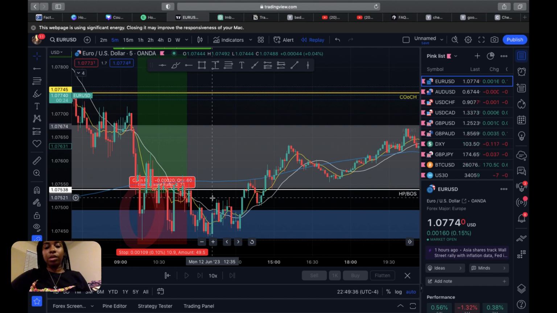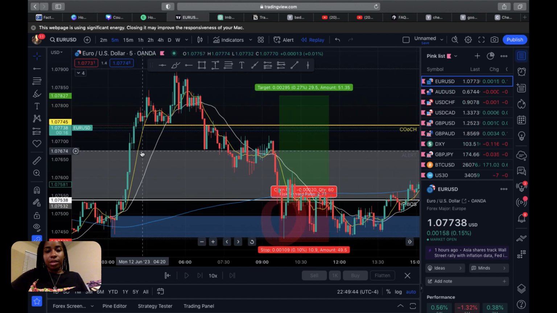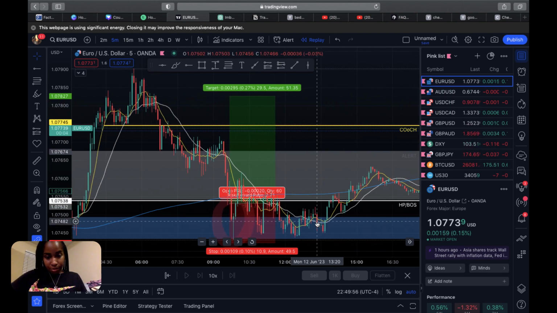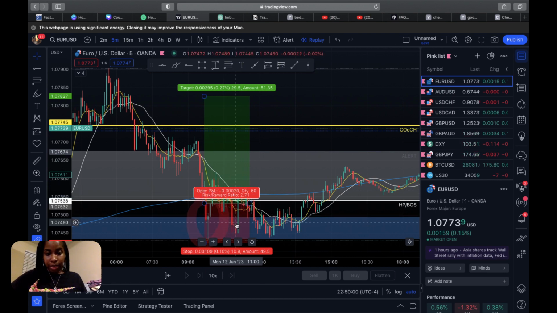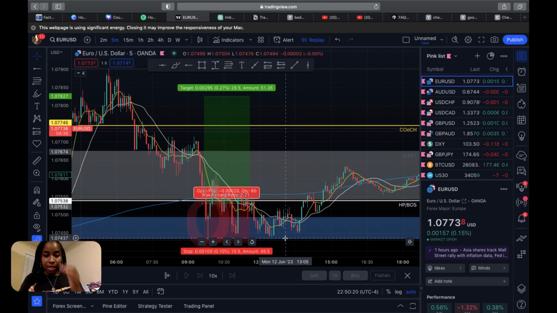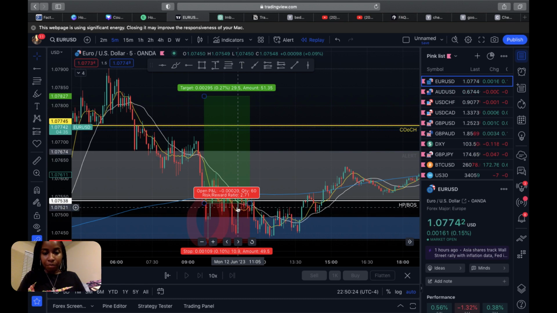One thing I will do differently is, like I said, I'm only taking A plus setups. So that means everything needs to be in alignment. As you can see here, even though we are overall bullish, we had that internal bearish structure that formed. So ideally, I would want to wait until I see, other than the candlestick pattern, some other type of bullishness, either a break of structure or breaking above the moving averages. Even though we had another super bullish candle here, we did get above the 20, but not quite the 200,